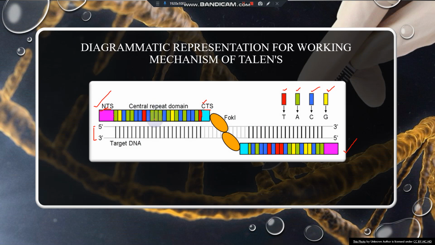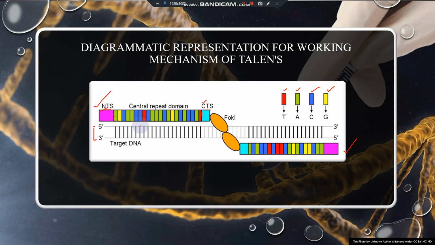Now I am going to talk about the TAL protein here. TAL proteins are transcription activator-like effector proteins that can be engineered to bind to practically any desirable DNA sequence. When combined with the nuclease, DNA can be cut at a specific location. The TAL effectors are proteins secreted by the Xanthomonas bacteria via their type 3 secretion system, which infects plants.